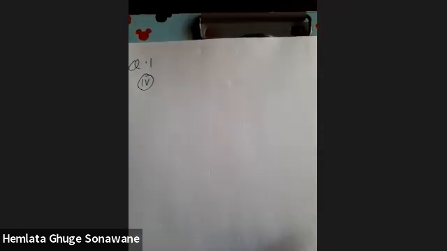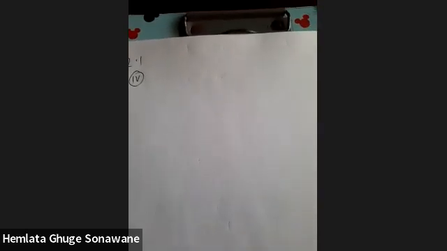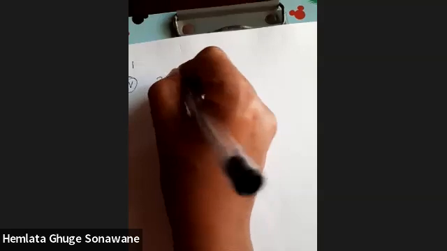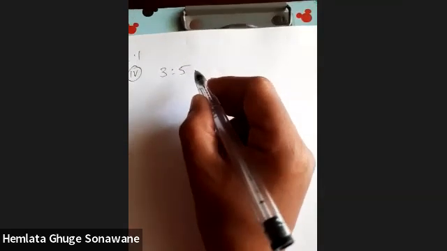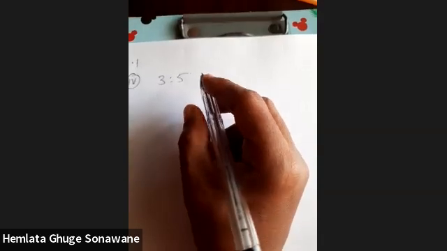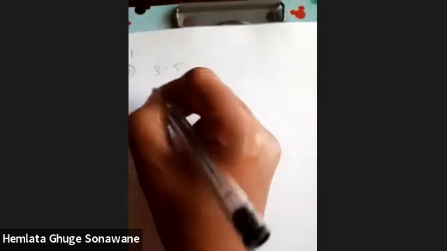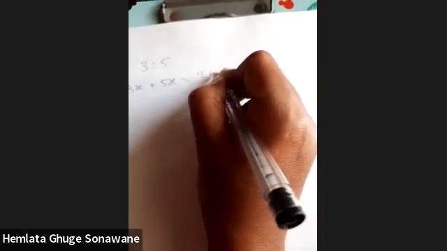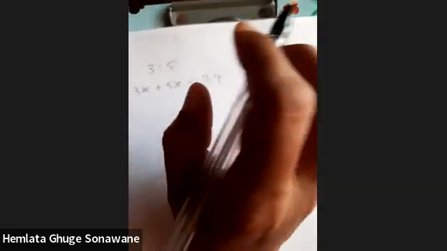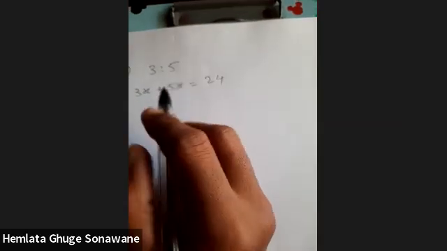We'll take fourth example of question number 1. 24 bananas were distributed between Shubham and Anil in the ratio of 3 as to 5. Then how many bananas did Shubham get? Now ratio is given and number of bananas is given. So here we'll use common multiple for this ratio, that is x. So 3x plus 5x becomes 24. Because same fruit is distributed among them, that is banana.